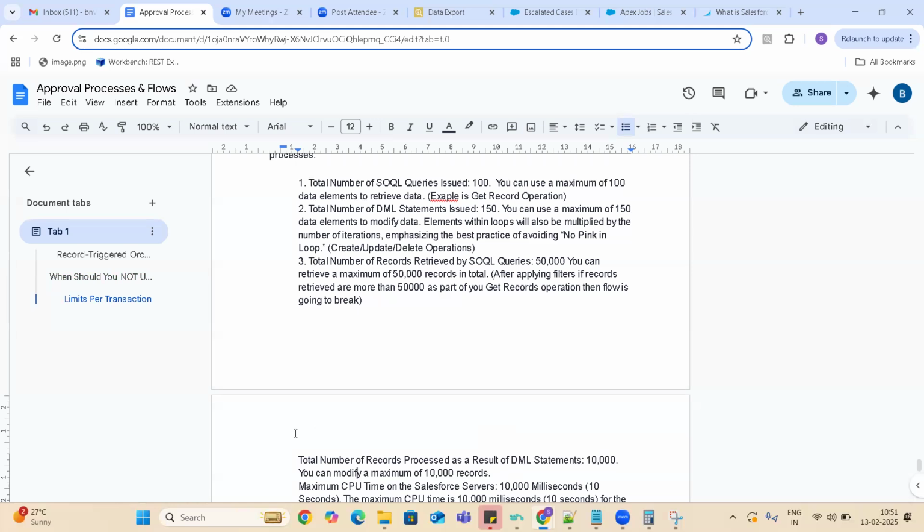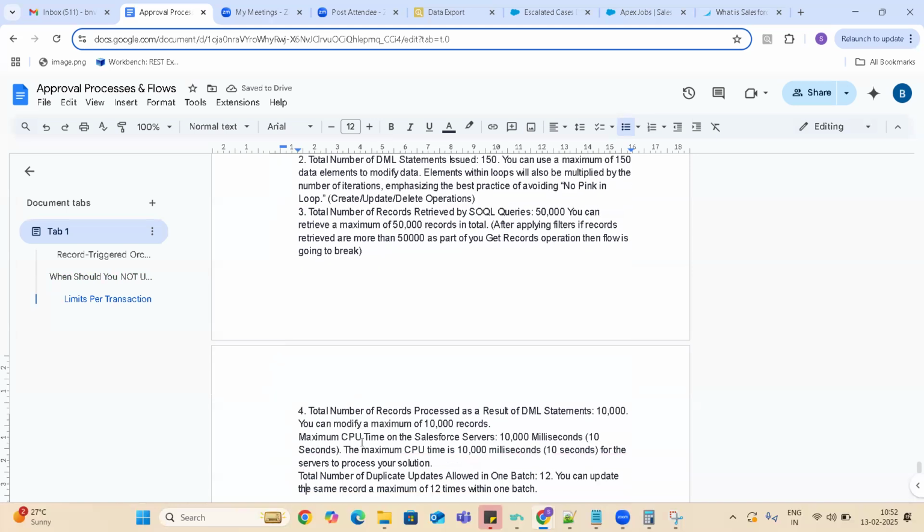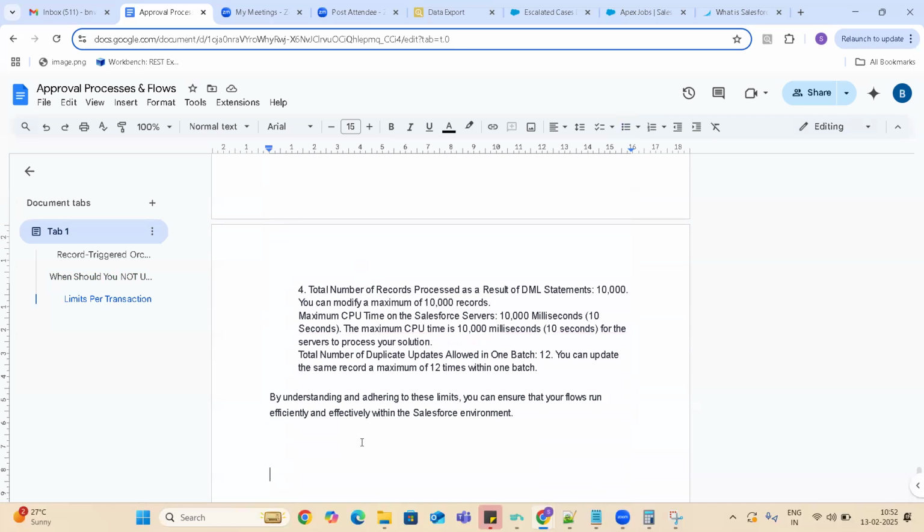And the fourth one is the maximum records that you can process as part of a create or update or delete DML statement, which is 10,000. And the next one is the CPU timeout, guys. This means whenever you perform some operation, create, update, delete, or get operation, if the time is more than 10,000 milliseconds, that means 10 seconds, and your operation is still not completed, then the flow is going to break.